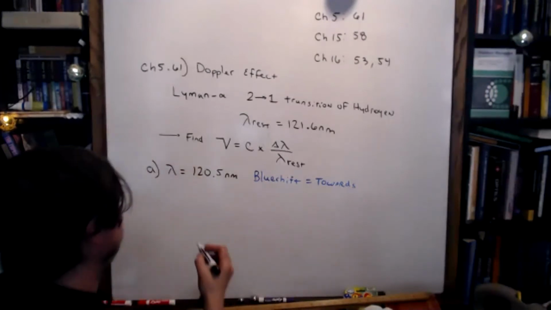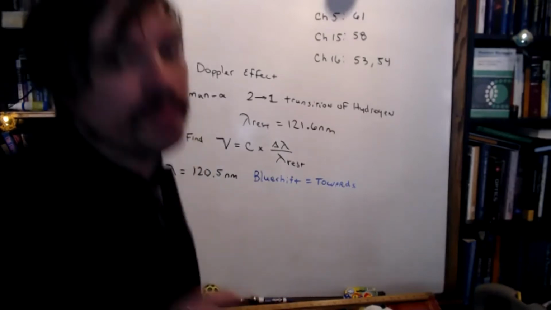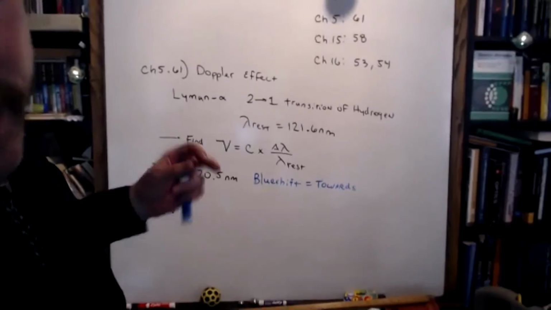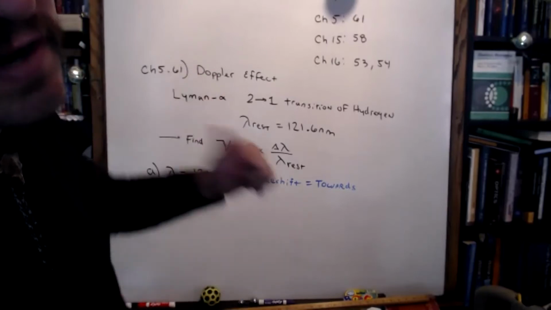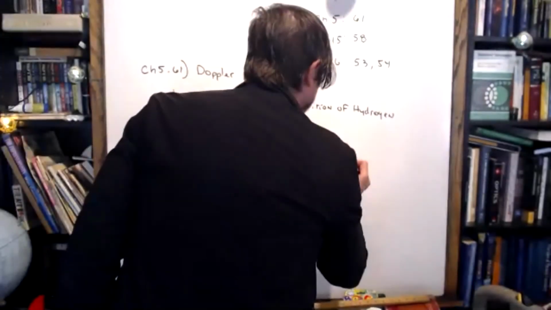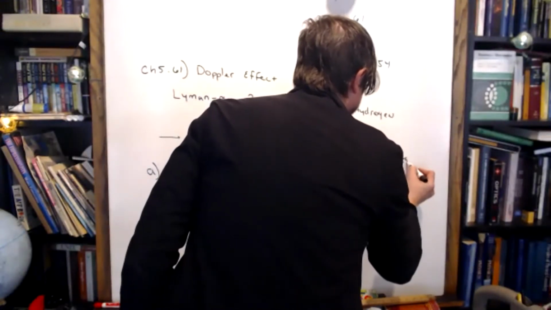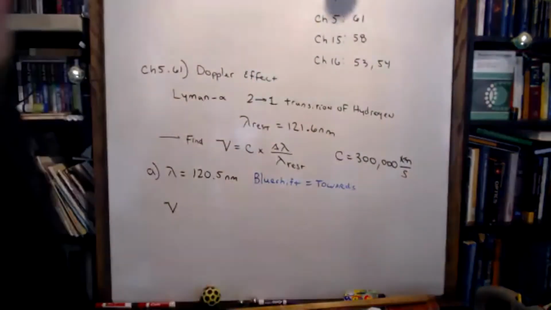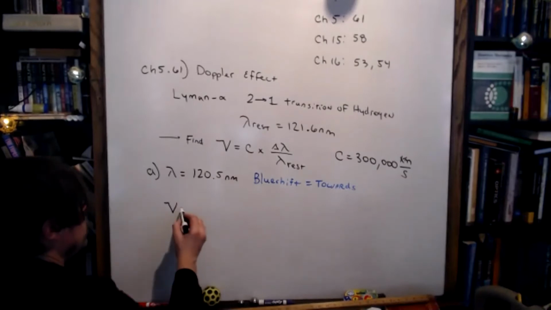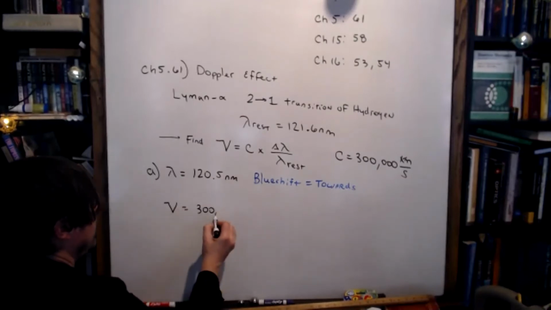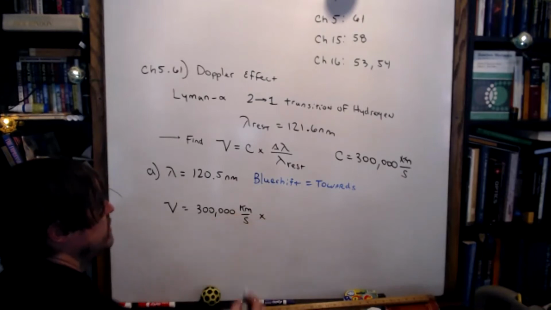Let's calculate the velocity. By the way, it's typical to express the velocities of stars in kilometers per second. The speed of light has a nice easy value of 300,000 kilometers per second, and that's what we're going to use. So we have 300,000 kilometers per second times,